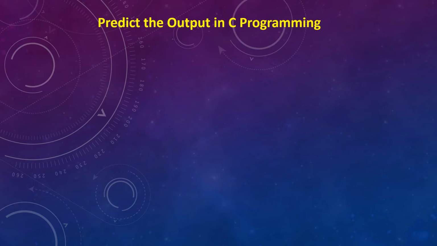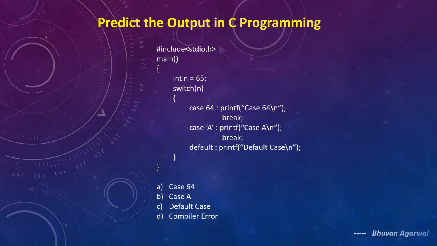This is our second video in a series of predicting the output of the code snippets given in C language. So, let's get started. So, our second question is this. I would suggest everyone to simply pause the video and try it on yourself. Then we will see the solution to it.